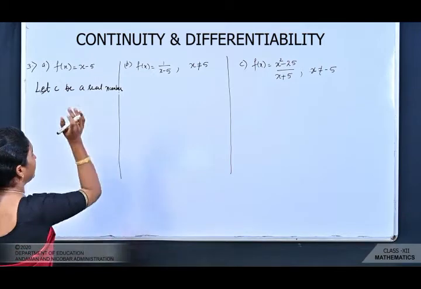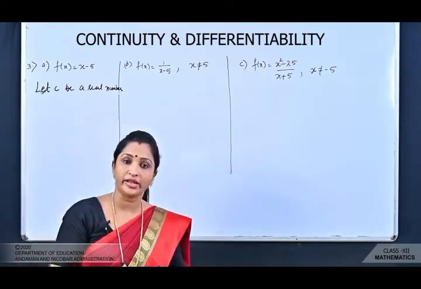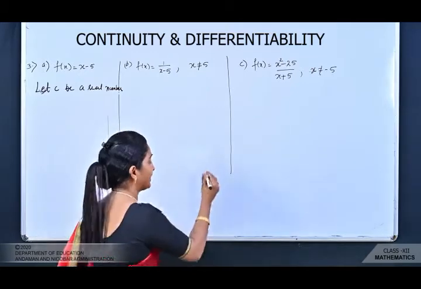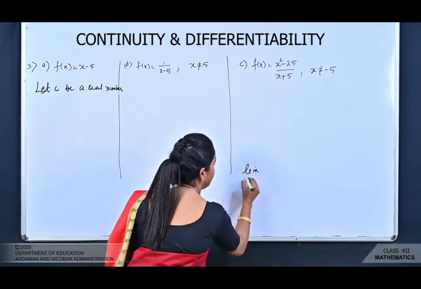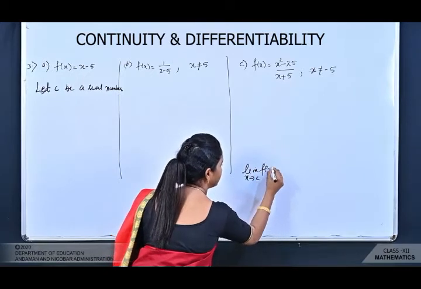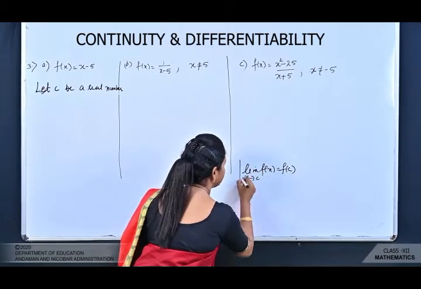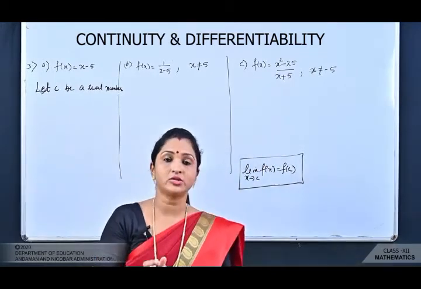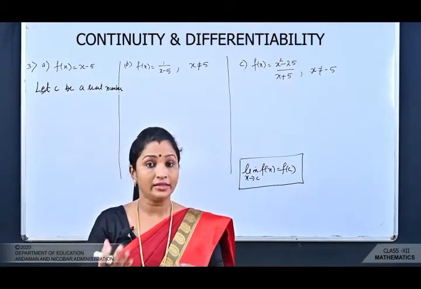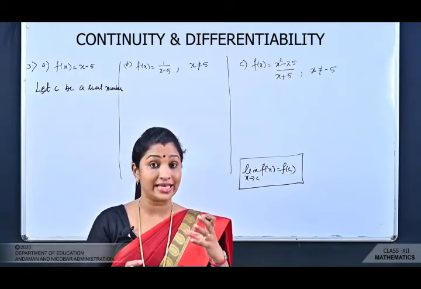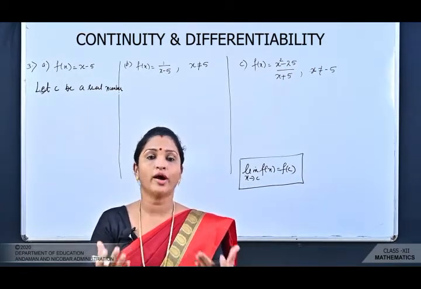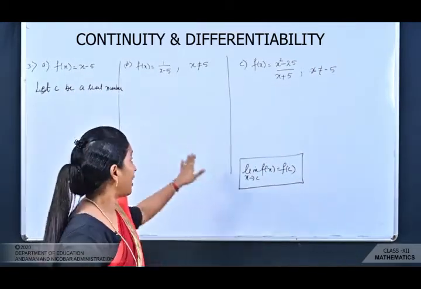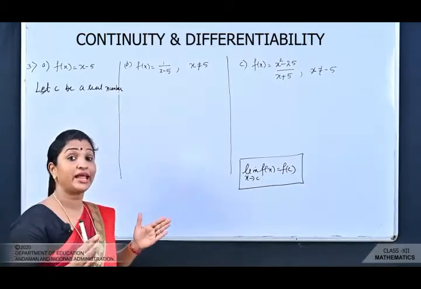So when C is a real number, I have already explained the definition of continuity in the previous class. A function is said to be continuous at x equal to C if limit x tends to C, f(x) is equal to f(C). This is the definition, you remember? दो definition है यहाँ पे. One is limit x tends to C, f(x) is equal to f(C), and the other is when a condition like less than or greater than is given to you, then you have to apply the left hand limit and the right hand limit. But here they have not given any point, they have not given any conditions.